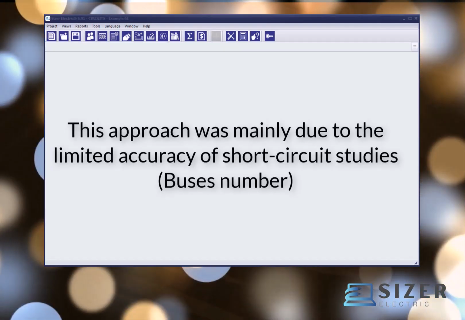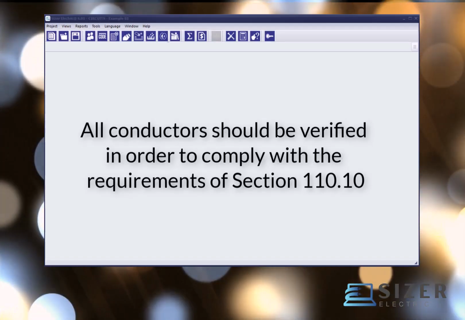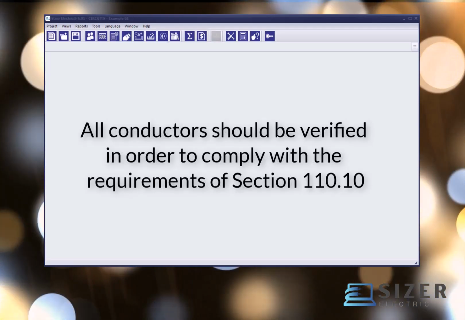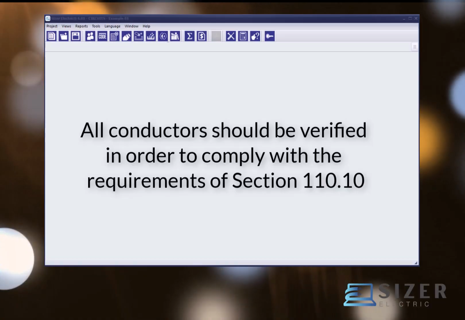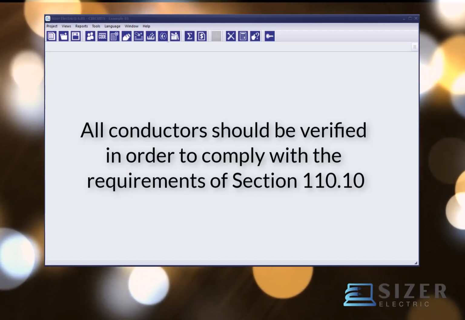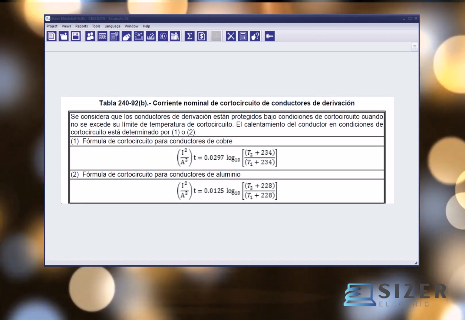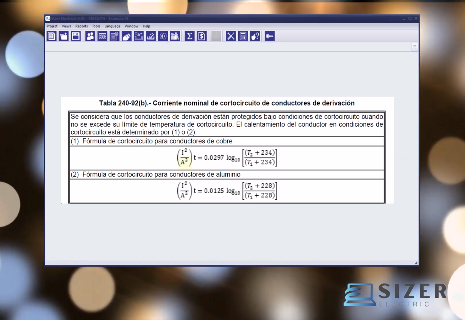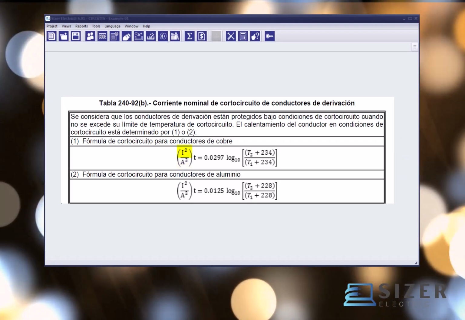Today, however, it is clear that all conductors must be verified in order to comply with the requirements of Section 110.10. Although the software treats short-circuit conductor verification as optional, it is strongly recommended to enter the required data and perform the short-circuit validation for all conductors in the system. The equation in Table 240-92b allows the calculation of the minimum conductor cross-section area required to carry the fault current for the duration of